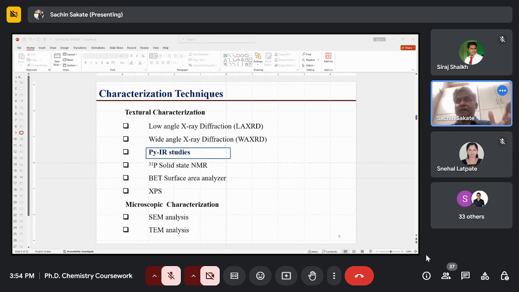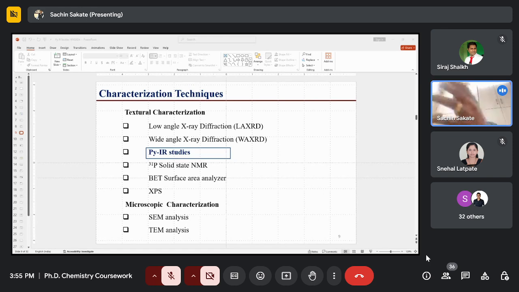And now imagine your support is also having a pore size of about 2 to 3 nanometers. Then what is going to happen? Your material can be inserted very easily and can sit very firmly. It can go into those